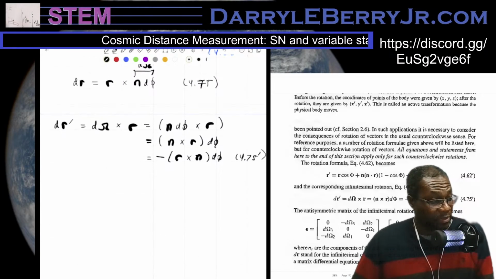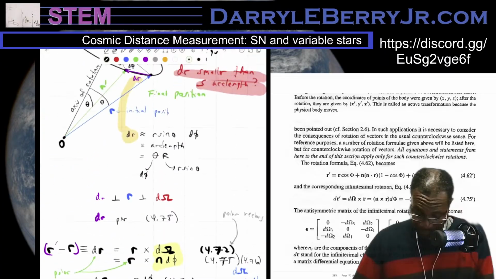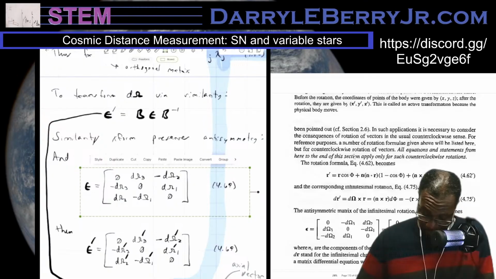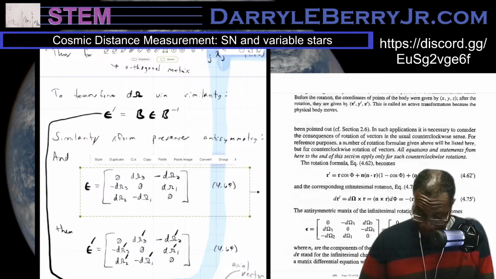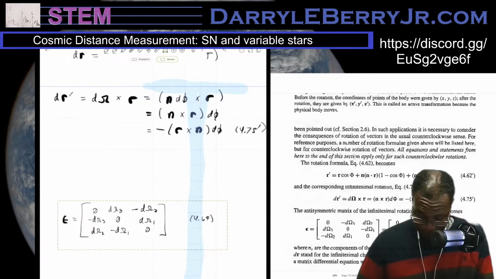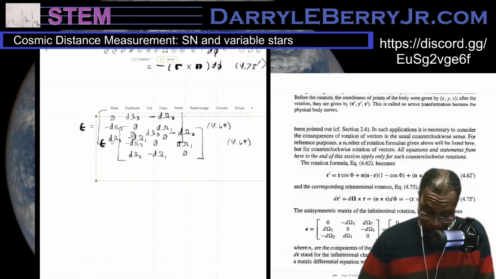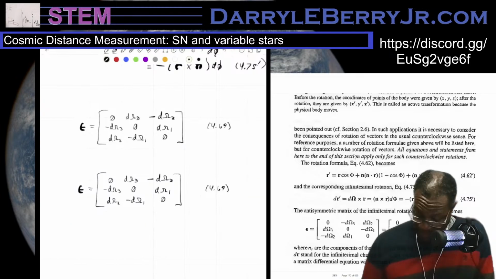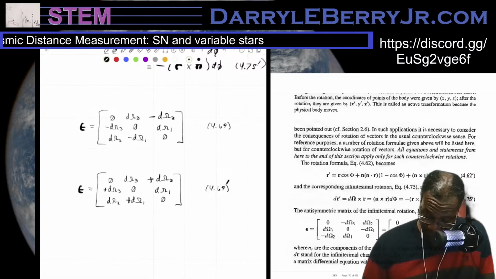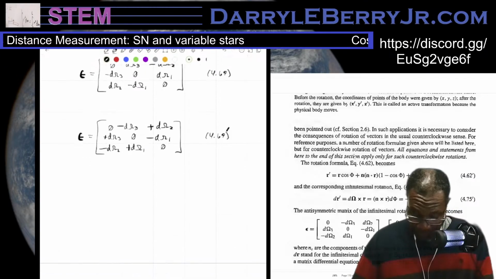The antisymmetric matrix of the infinitesimal rotation, equation 4.69, like that,